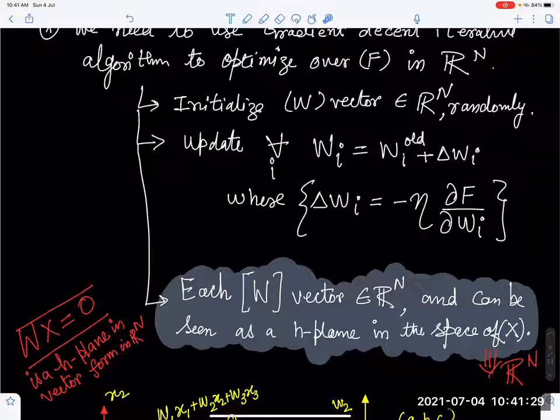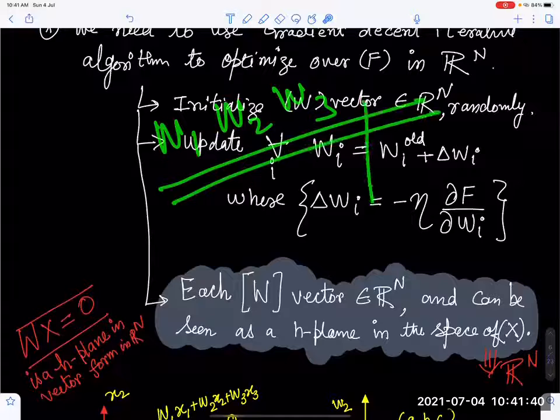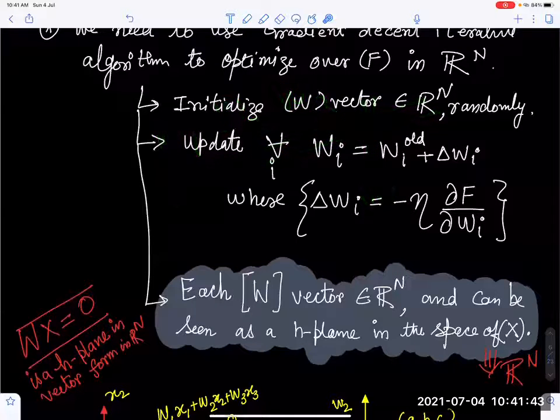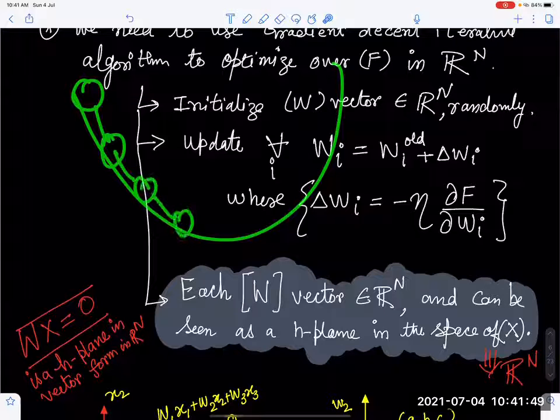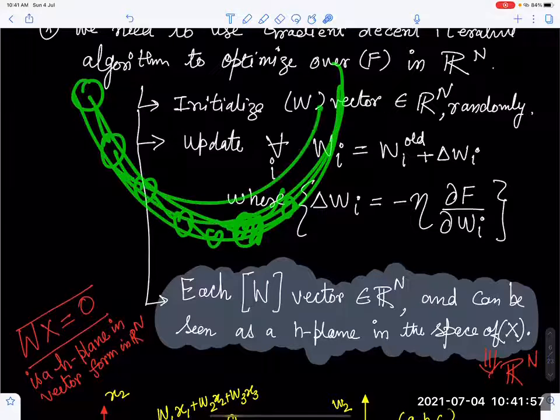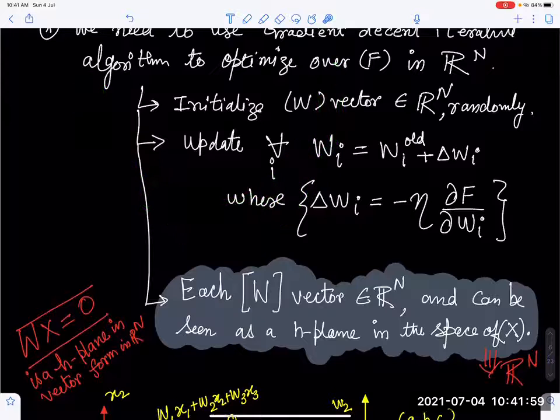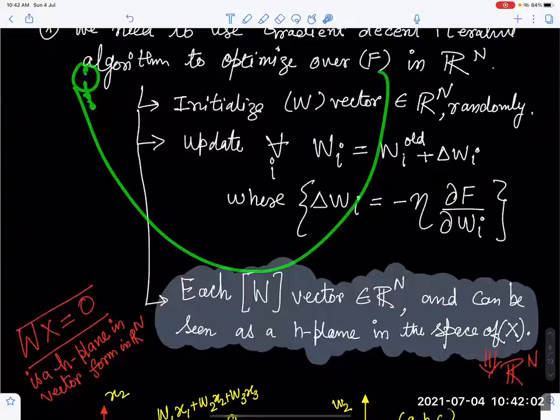If your weight vector is moving drastically, you keep on moving, and at some point you will see that your weights W1, W2, W3 are not moving much, which means you have reached your minima. You are here, then you will be taken over here, then here, then here. Sometimes you may overshoot and then keep coming back. If your learning rate is very high, you may keep on oscillating. If your learning rate is very low, it will take a huge amount of time to converge because you are driving very slow, very slow, so you are not able to converge well.